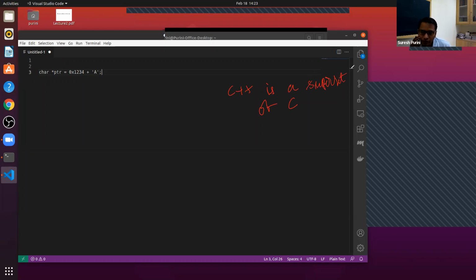That means you can do modular software development in C++ also, and you can do object-oriented design and development also. Both modular structured software development and object-oriented design and development you can do in C++.